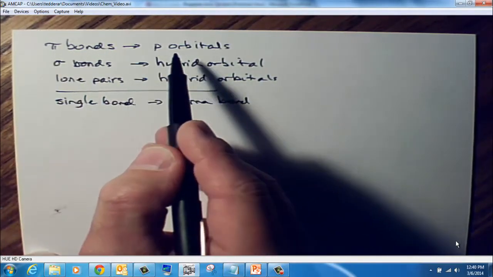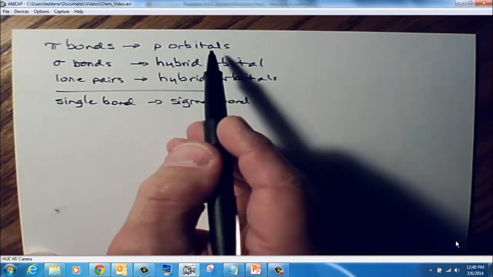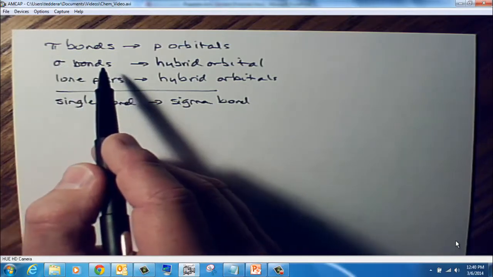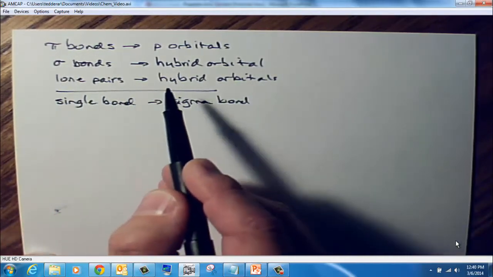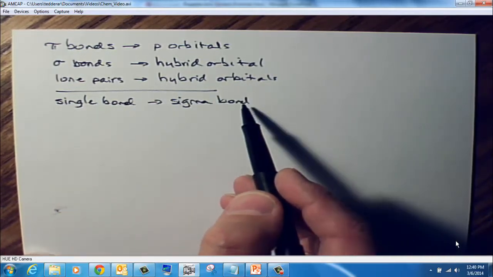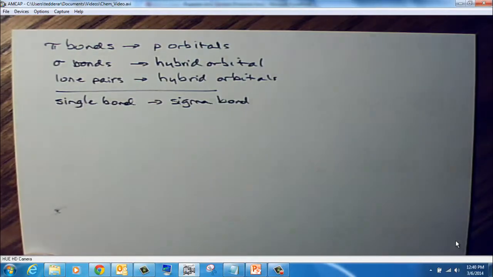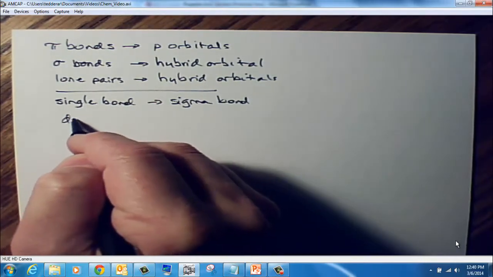Pi bonds come from p orbitals. They're combinations of p orbitals from two different atoms. Sigma bonds always come from hybridized orbitals. Lone pairs of electrons always come from hybrid orbitals. And we know that single bonds are always sigma bonds. The first bond between two atoms is always a sigma bond. If I have a double bond